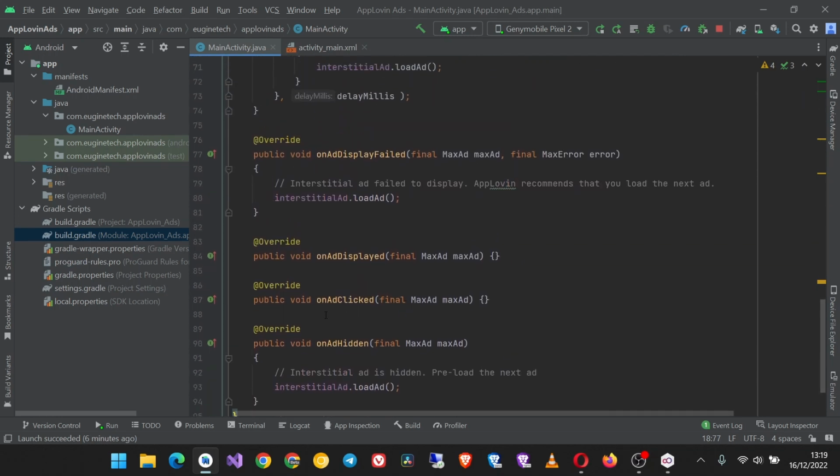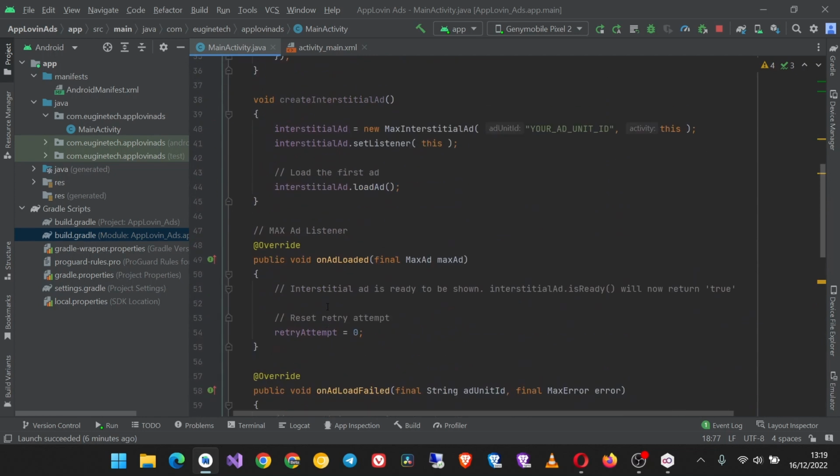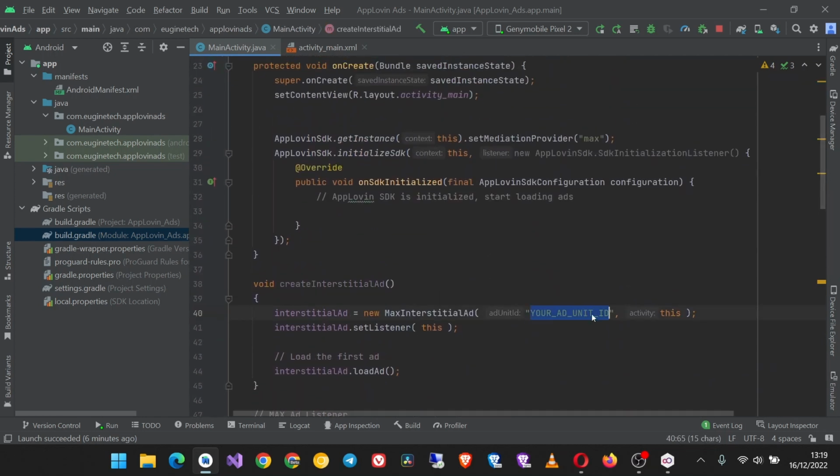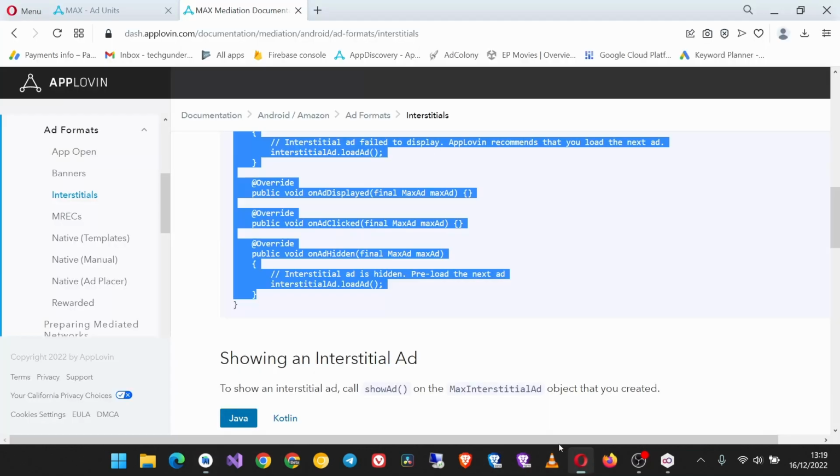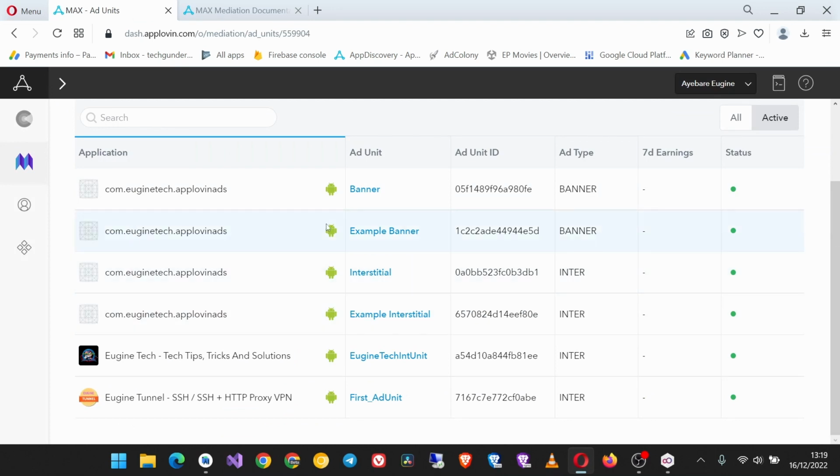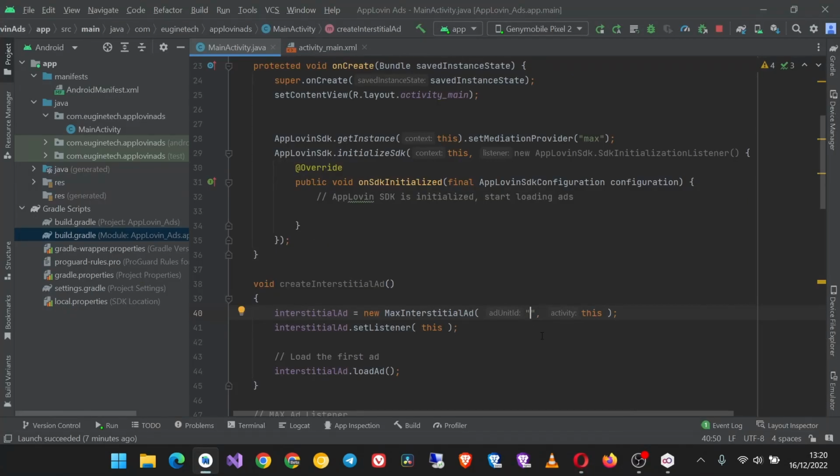So the next thing we are going to do here is to replace here with our interstitial ad unit ID. So come back to your AppLovin dashboard. Here we created our interstitial ad, then copy this ad unit ID, copy and put it there. Okay,